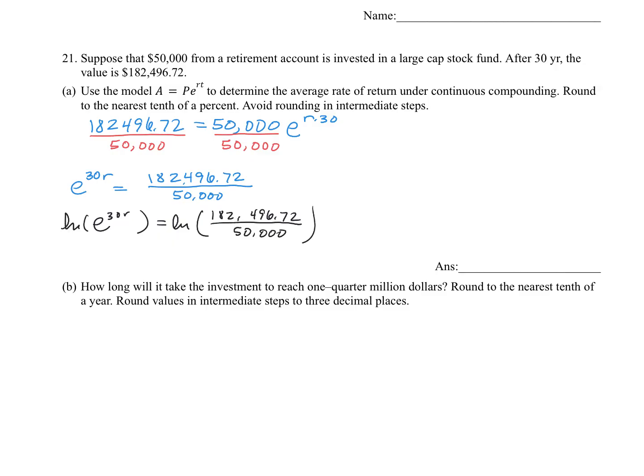And again, the log and the exponential are inverses because they're the same base. So I get 30r is equal to the natural log of that terrible massive number. All right, and then the last step, divide both sides by 30 to get the r alone. So my r is exactly 1 over 30 times the natural log of